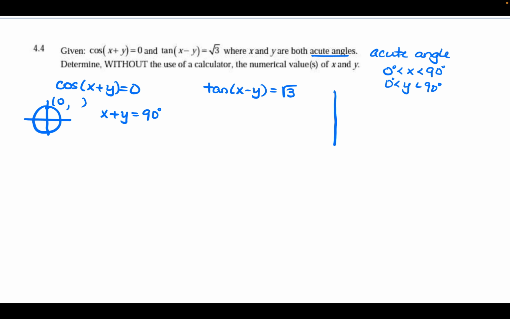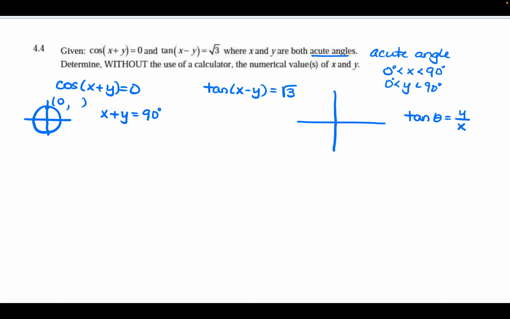So this one is a little bit more complicated. Remembering that the tangent of an angle is equal to the y-coordinate over the x-coordinate on the unit circle. Sometimes we write that as the sine of the angle over the cosine of the angle in the unit circle. So we notice that we have root 3 over 1. So as we think about our coordinates on the unit circle in the first quadrant, since these angles are acute,